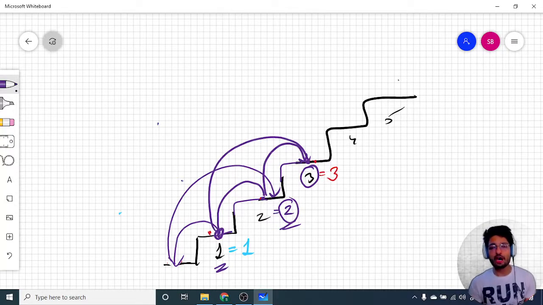So if I know how many steps are required to reach these staircases, I just add them. Why add them? Because from this one I can reach the third, and from this one also I can reach it. Both the distinct ways should be added up, because there are some ways to reach the first staircase and some ways to reach the second staircase. From both of these staircases I can reach the third staircase, so both of these ways should be added to reach the third staircase, because both of these ways can be taken down to the third staircase.